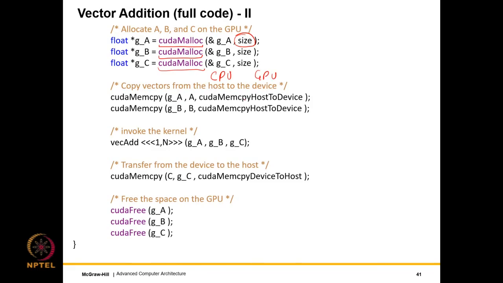So what we do is that we do a mem copy. We first give the GPU pointer, then the CPU pointer. We then provide this flag to the CUDA memcpy function, whose job is to transfer data between the CPU and GPU. We provide this flag cudaMemcpyHostToDevice, which copies data from host to device.